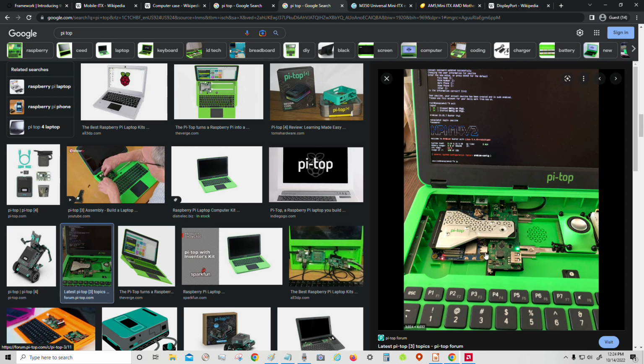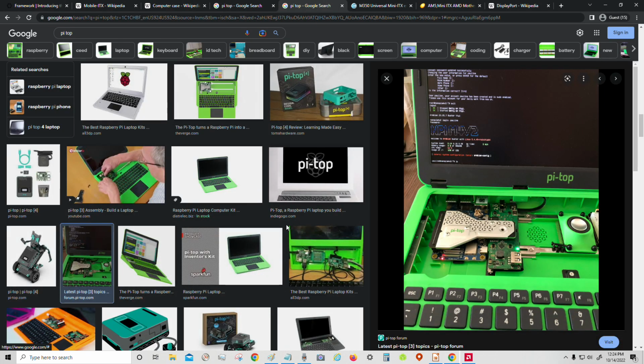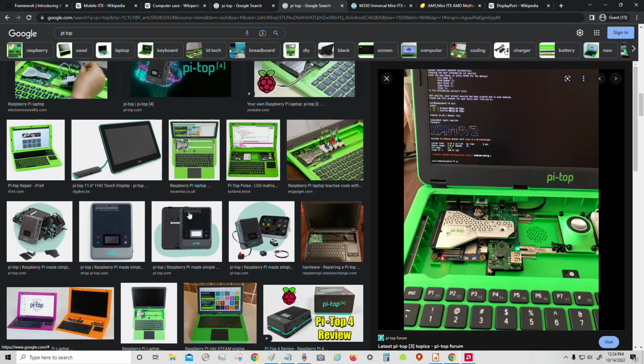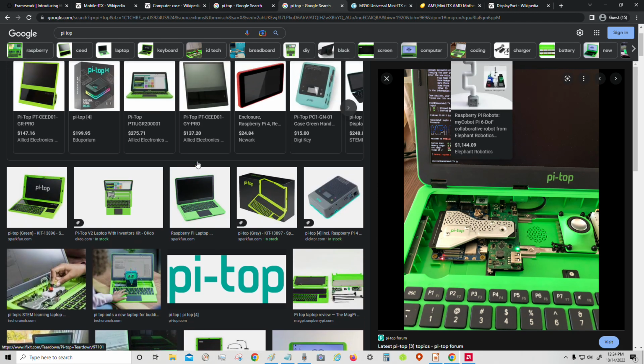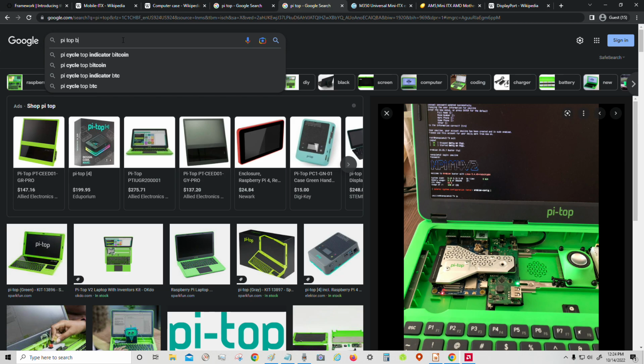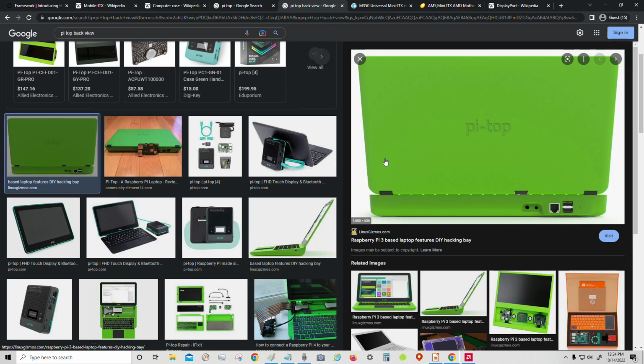But there's no reason why you can't just use something like an I/O plate, which gives you more flexibility than something where the back of the laptop has only defined little USB. Let me just see back view. So if you look at the back of this, there's no I/O plate here. You just have a USB Ethernet, which is probably all you're gonna need. And I'm sure there could be lots of laptops or single board computers that might want to just use that same thing,